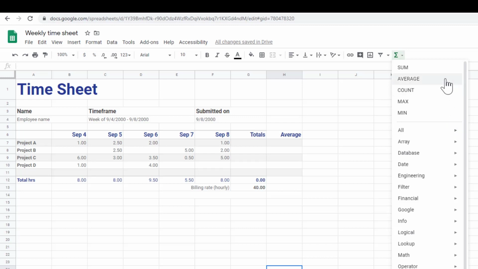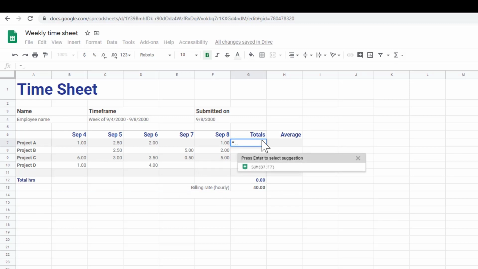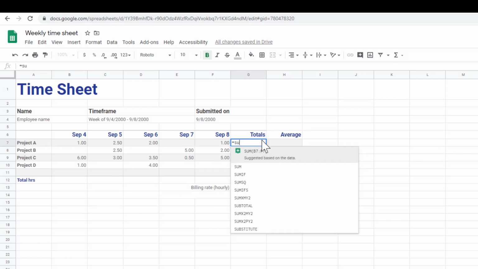In this video, we're going to go through just these basic functions at the top: the sum, the average, the count, the max, and the min. So anytime you use a function in a spreadsheet, you always start with the equal sign. So here we're looking at a timesheet. And if we want to find the total hours for each project, to do that, we're going to start with the equal sign. To do a sum, we're going to type in SUM,